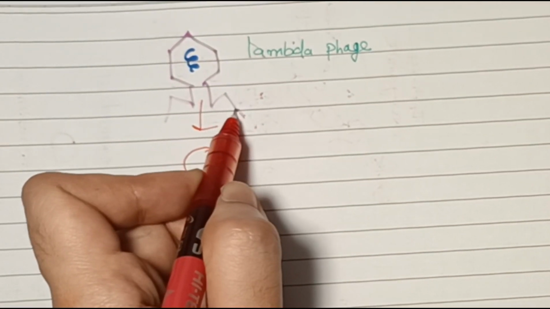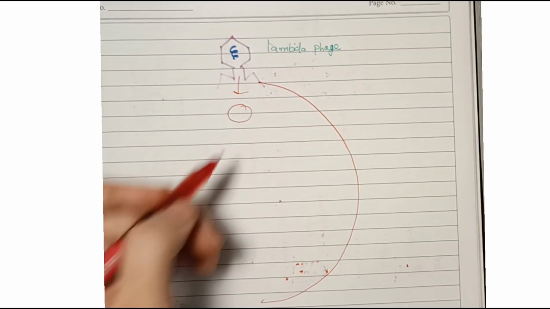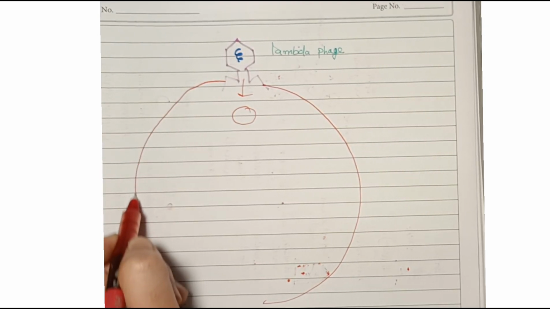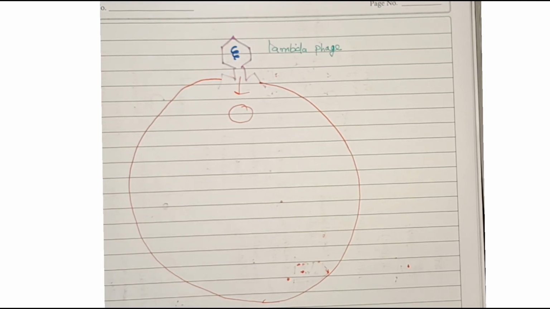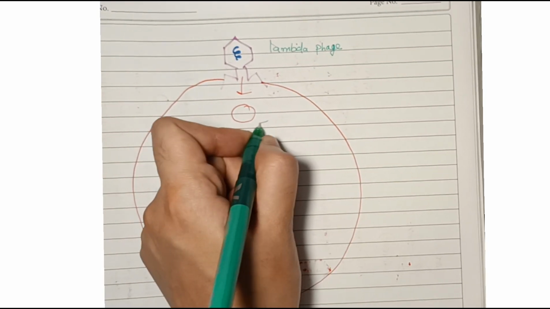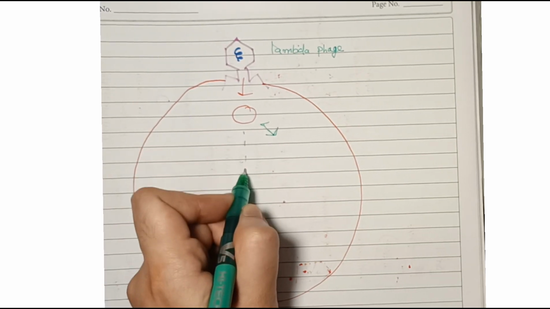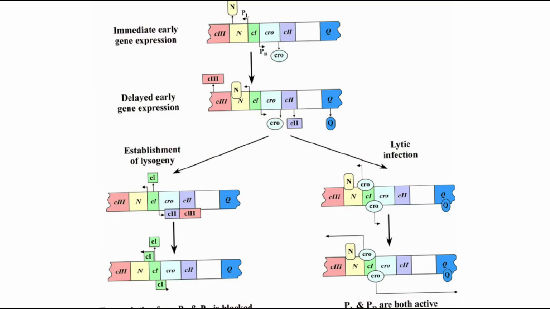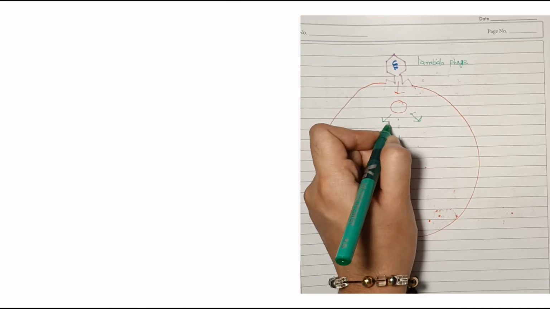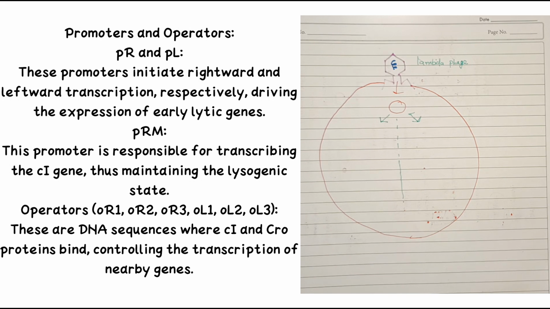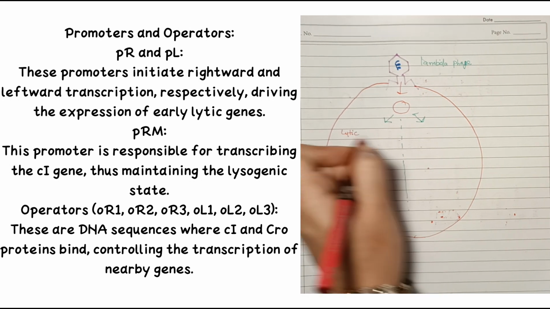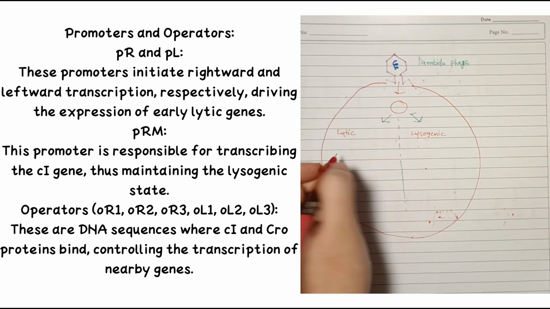So CI is the lambda repressor and Cro is the other protein. CI is important for maintaining the lysogenic state, and it acts as a transcriptional repressor, primarily targeting the promoters of the lytic genes, that is PR and PL. And Cro is the key protein of the lytic cycle. It acts as a transcriptional repressor, primarily targeting the promoter of the CI gene, that is PRM, thus inhibiting the